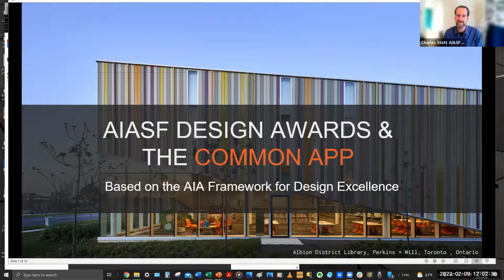We've got a few people here, and my name's Charlie Stott. I'm an architect here in San Francisco, with my own small firm, and I'm also the co-chair of the AIASF Committee on the Environment. Joining me today is Mark Kelly, my co-chair at the Committee on the Environment. He's also an associate principal at BAR Architects here in San Francisco, and director of their sustainability group at BAR.